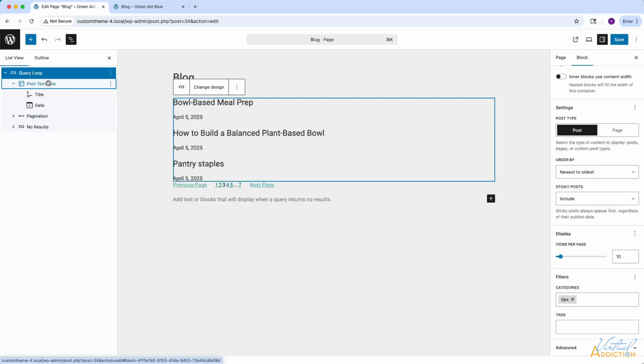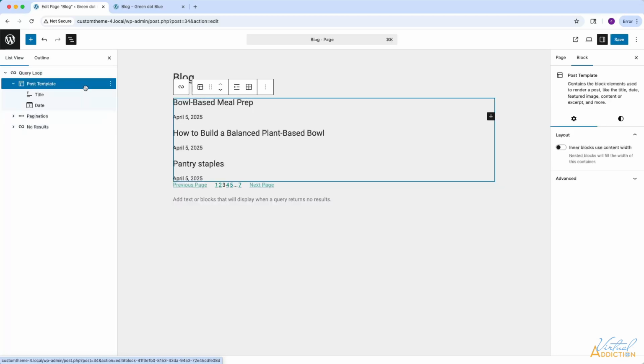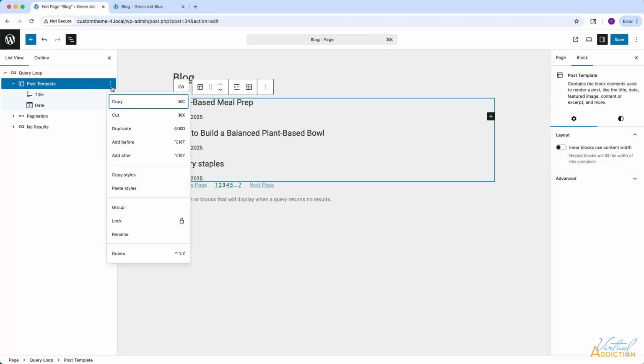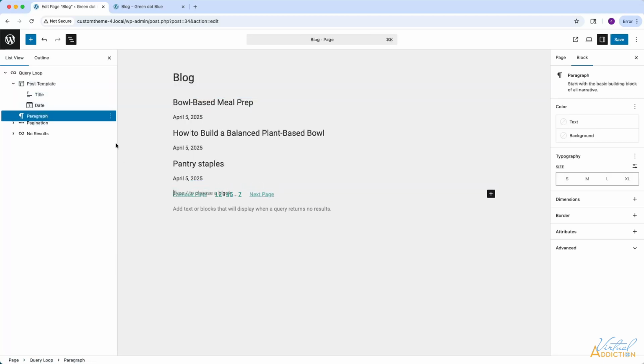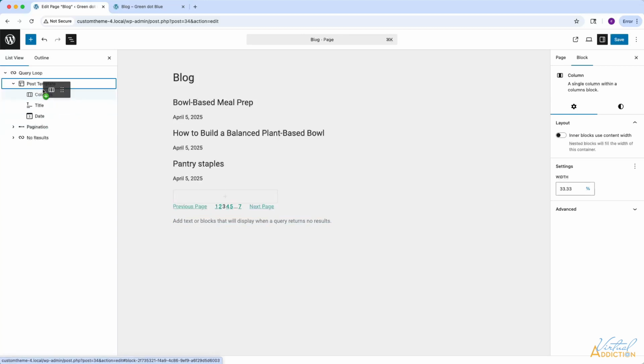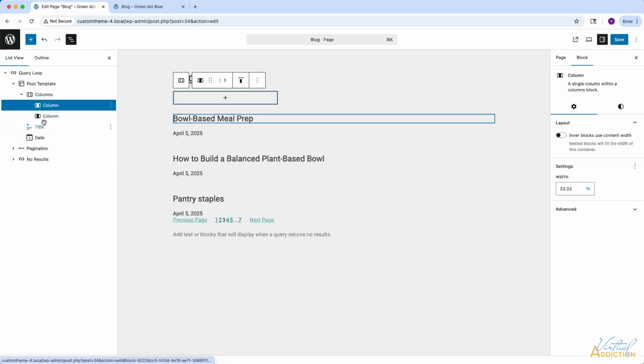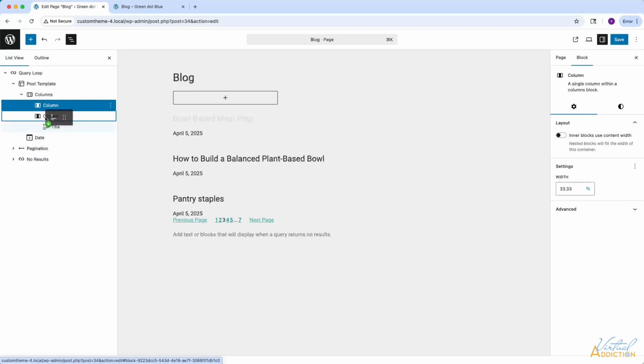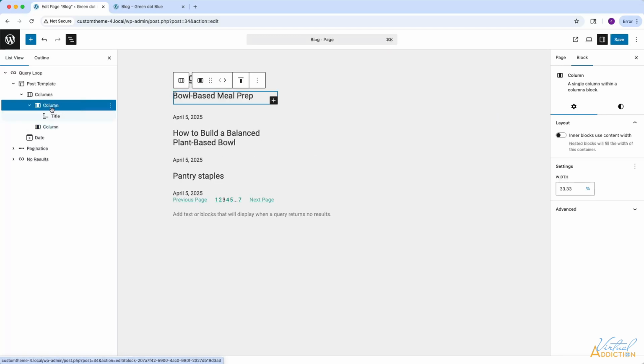So inside of my post template, I'm going to create a column element. I'll click the three dots and say Add After. We're going to go ahead and add a column. I'll use a 33 by 66 column split, and then I'm going to go ahead and drag this into the post loop. What we're going to do is we're going to place the title inside of the first column,